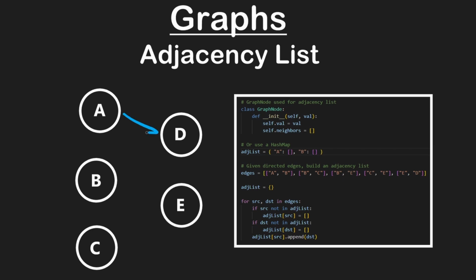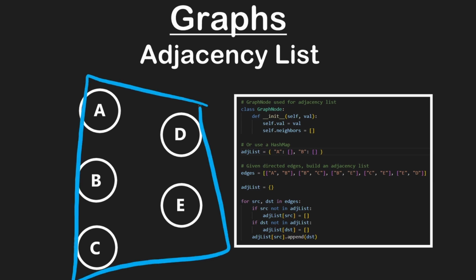The neighbors are going to be pointers. They could be directed or undirected, but essentially they're going to be pointers pointing at other nodes. That's one way to do it. And if we were actually creating our own graph, we would do something like that. But when it comes to coding interviews, it's actually much more common to just use a hash map to represent